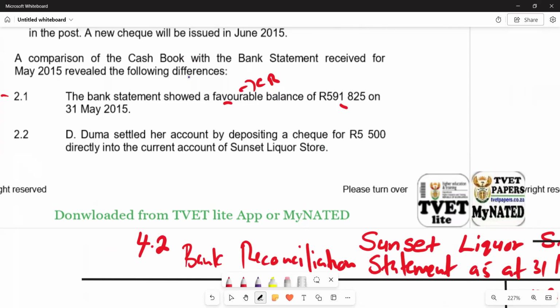So obviously in the ledger, they can only pick it up when they get the bank statement. So it's something that should be updated in the bank account in the ledger, which means the bank statement is correct. So here is again a transaction that is going to affect our ledger, so we can just leave it and go to the next